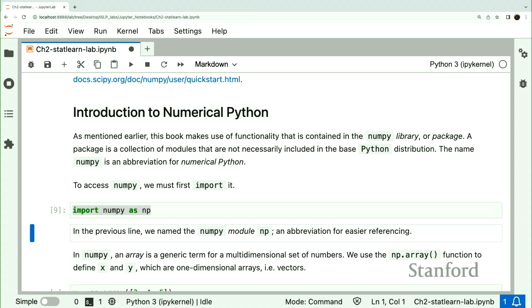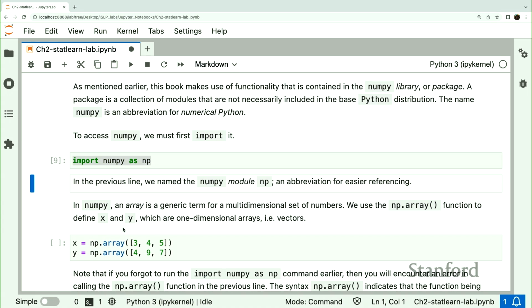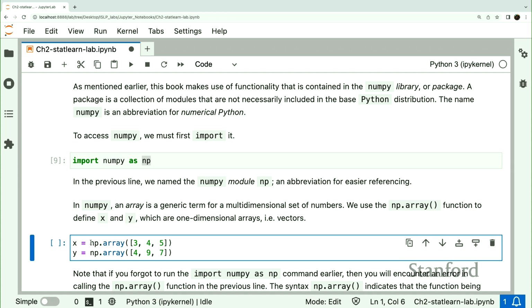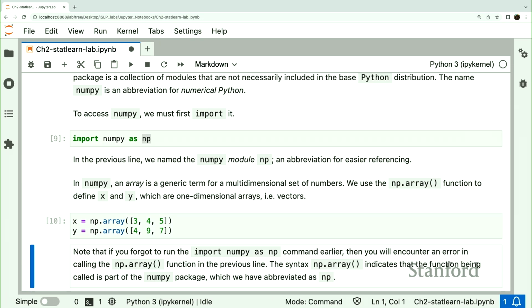Okay. So once we have NumPy loaded, we can start to make arrays. If you look at the syntax, the package is called NumPy, and we decided to name it NP. That means when we want to find a function in the NumPy library, we use this notation NP, that's the library NumPy, dot, that refers to something within the NumPy library, and here we're using the function array. This makes an array with the numbers 3, 4, and 5, as I had for X above, and 4, 9, 7 for Y. Now, when we add these two,